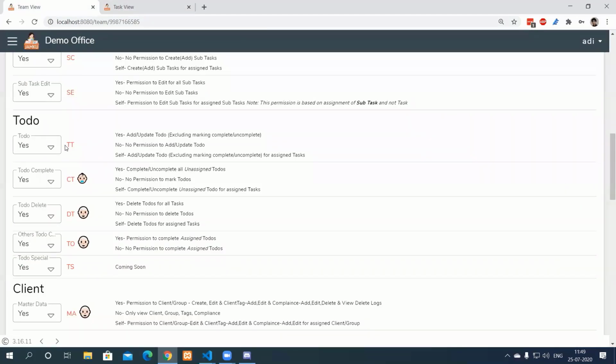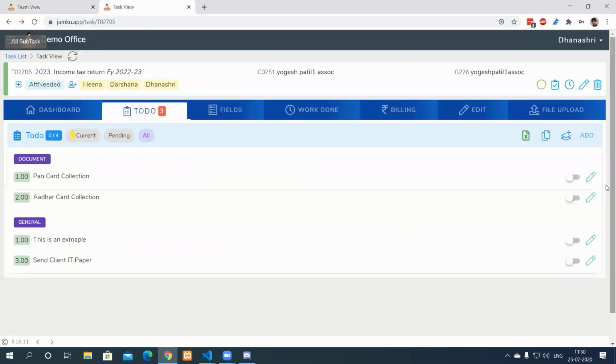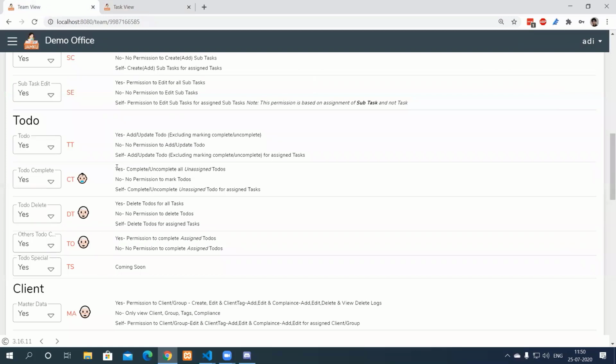So this to-do permission allows me to do addition and updating the to-do, but this permission does not allow me to mark the to-do as complete or incomplete. For this, we have a separate permission, which is to-do complete permission, which allows me to complete or incomplete to-dos. So if I complete this, I am able to do that because I have to-do complete permission.